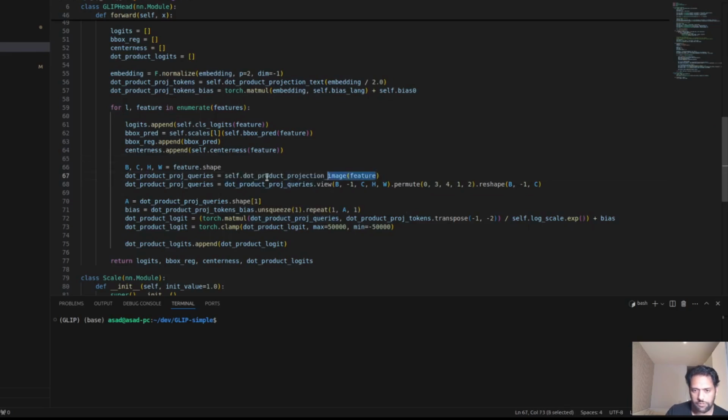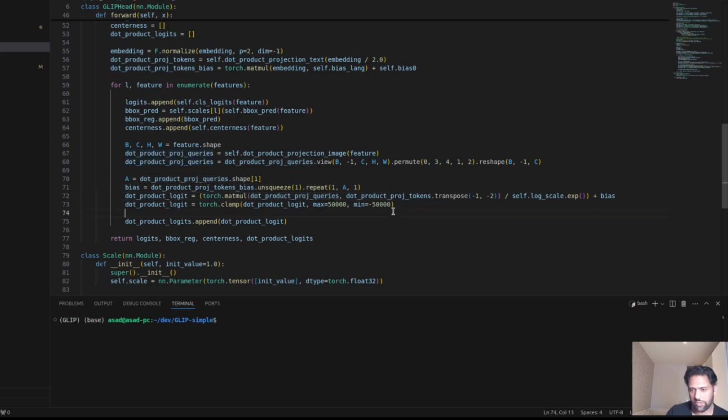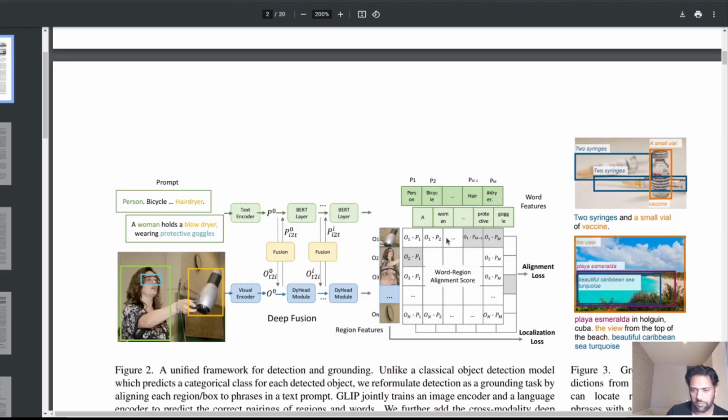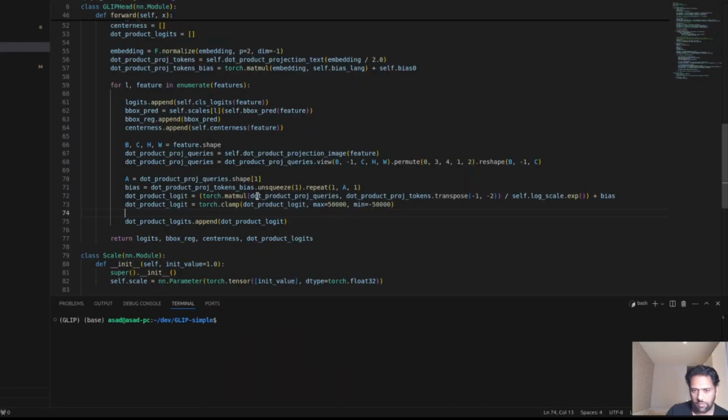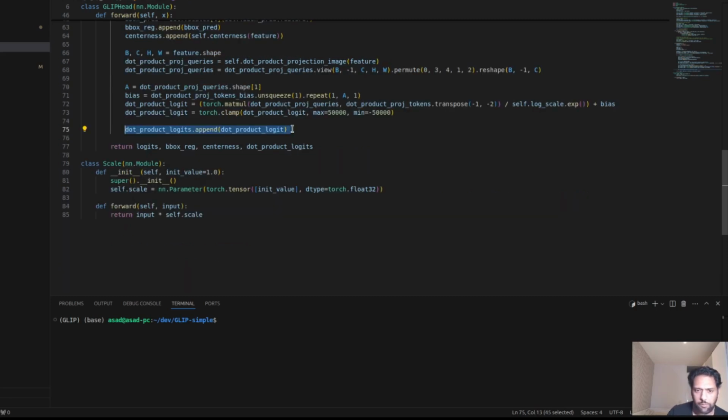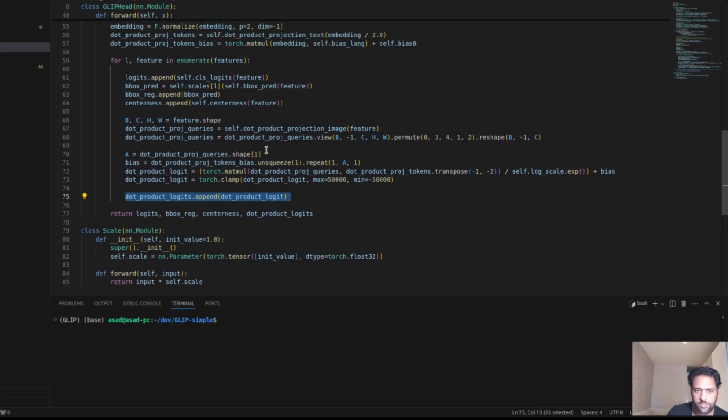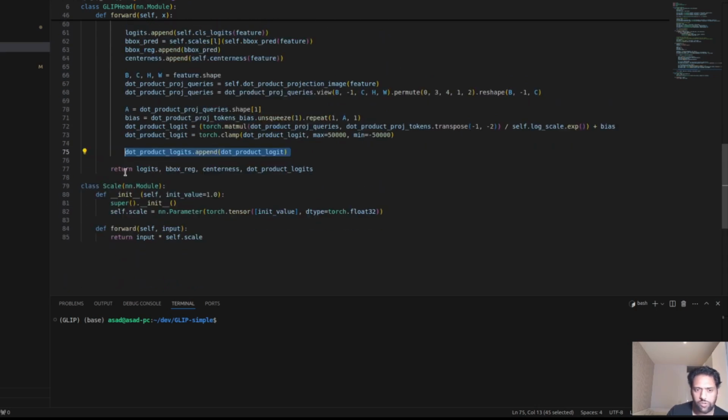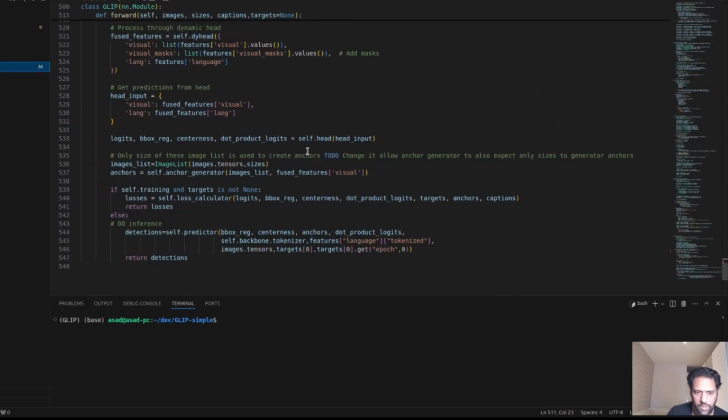So we pass these image features through this projection layer, and then we do this matrix multiplication, which is exactly this matrix multiplication: the projection of queries coming from the image features, multiplied with the dot product of the projection of tokens. And then we append these dot product logits for each level, and we do this for each level. Finally, coming here, after we pass it through the head, we get the class logits, which again